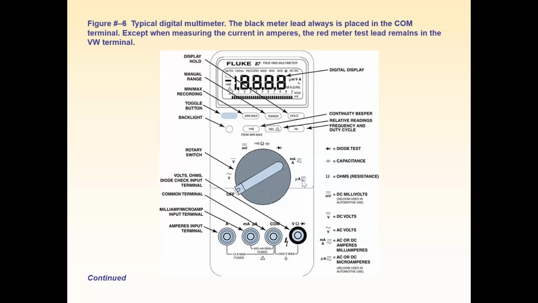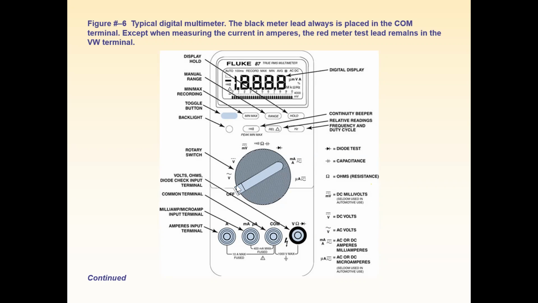That is, in this ammeter, micro ammeter or milliammeter. Then you can check the diode. You can check the resistance or the continuity of circuits. This small mV is millivolts, used for measuring DC circuits. Then this is volts for measuring DC circuits, and this capital V, which has a sinusoidal line at the top, is used for measurement of AC voltage. Here you can see this is used for measuring AC current. And this one is the off position.